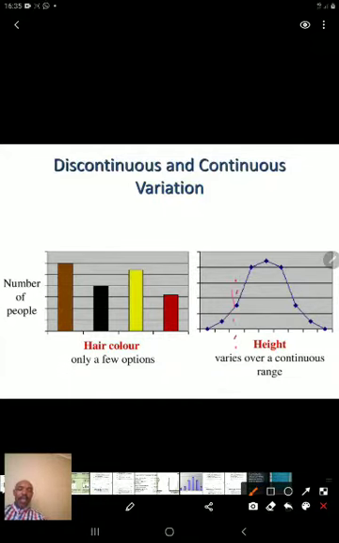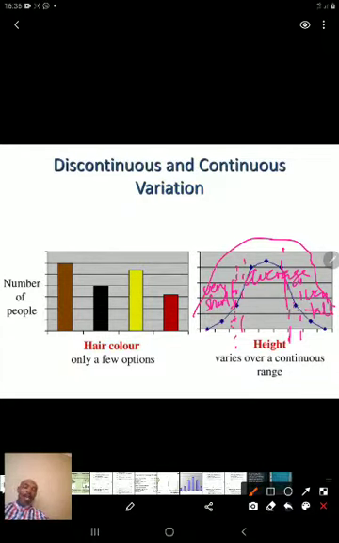You can see height, but we have this extreme of very short people and another extreme of very tall guys. And then most of us belong in between, that we call an average. So there's a continuum. Those are the number of people, and there's a few people who are very short. Then a lot of people, we cannot say about short or about tall. Then we have also a few people who are very tall.